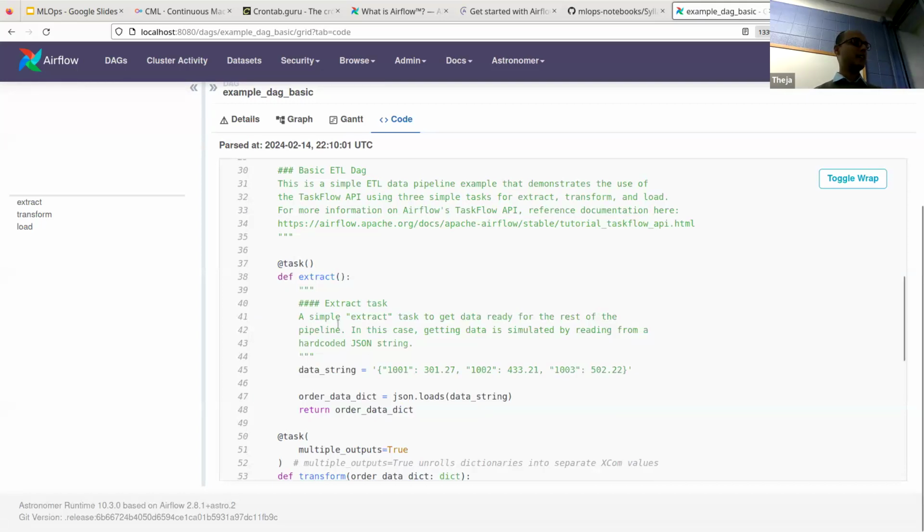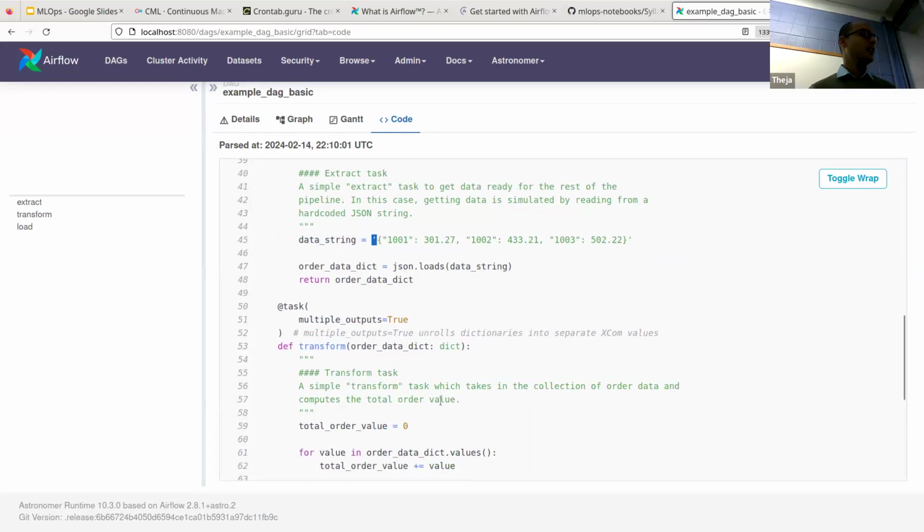Here the extract function takes a string and makes it into a JSON object, basically a dictionary, and returns the dictionary. Right now it's a string, right? So you can see the 2 ports here. There's just a string of a dictionary, but the dictionary is literally a string here. You want to make it into an actual dictionary object. So this is how you do it: json.loads, load string, would load the string into a dictionary.